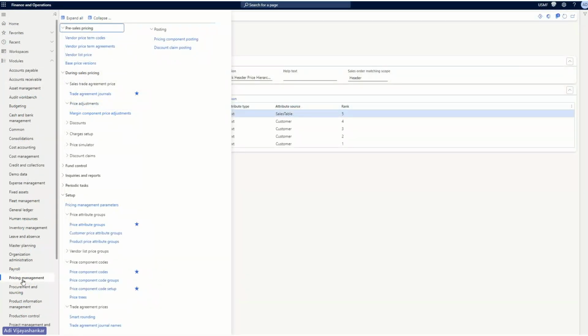The price attribute group form is used to set up the combination of attributes at the product, customer, and transaction level that Contoso would like to use in their pricing strategy. In the price attribute group form, we'll have to create price attributes for the sales order header and price attributes for the sales order line. So as you can see,